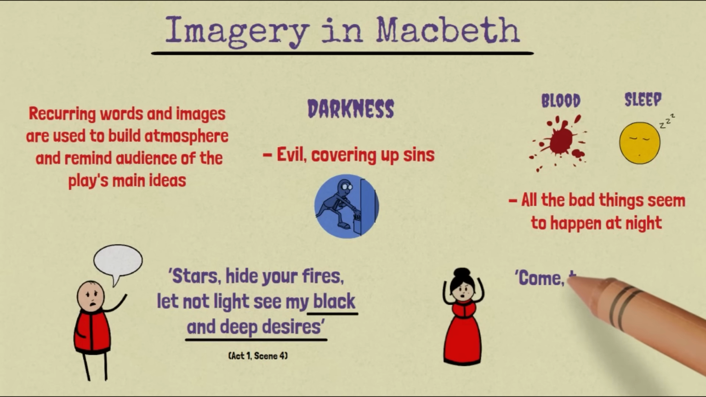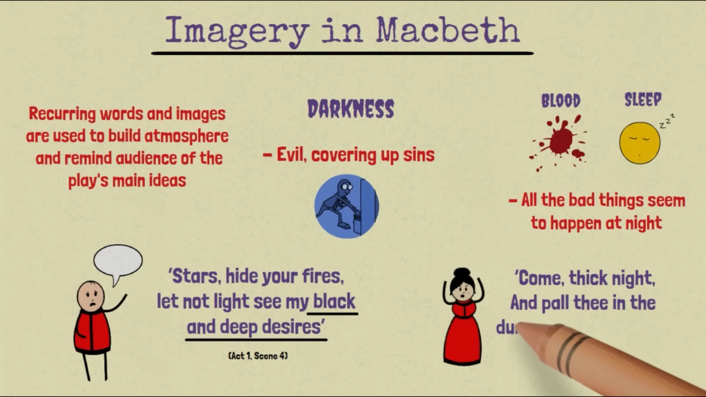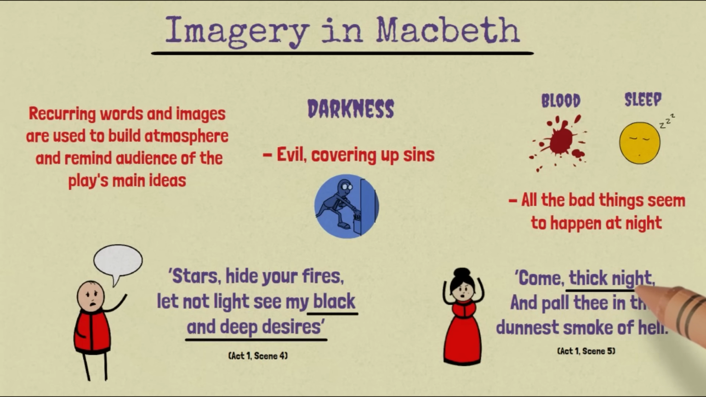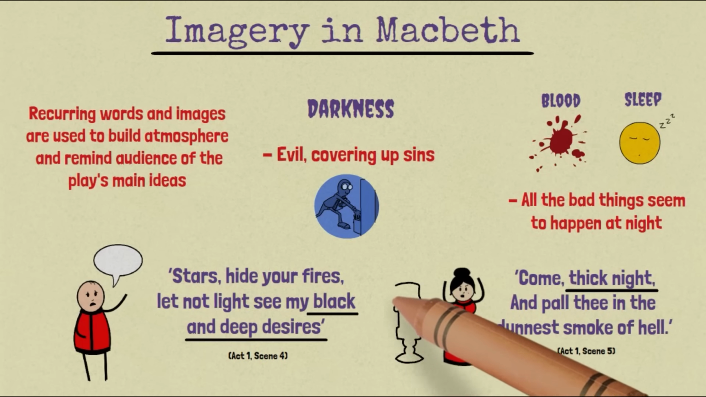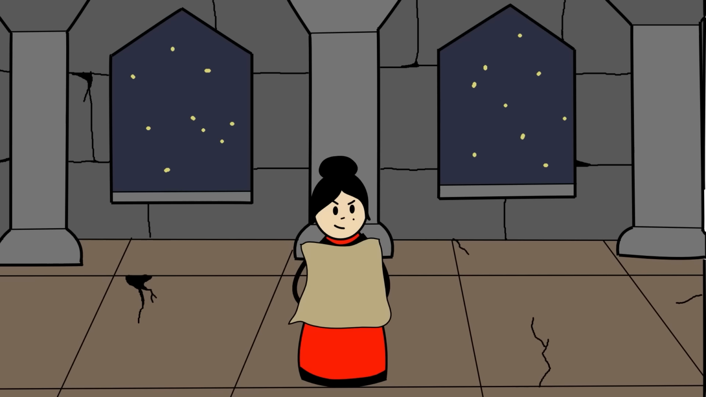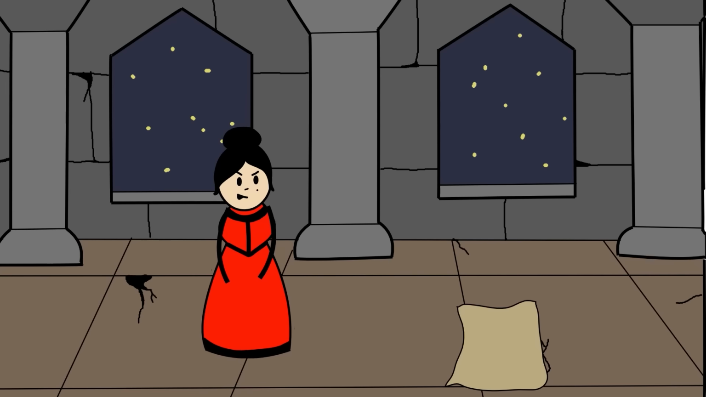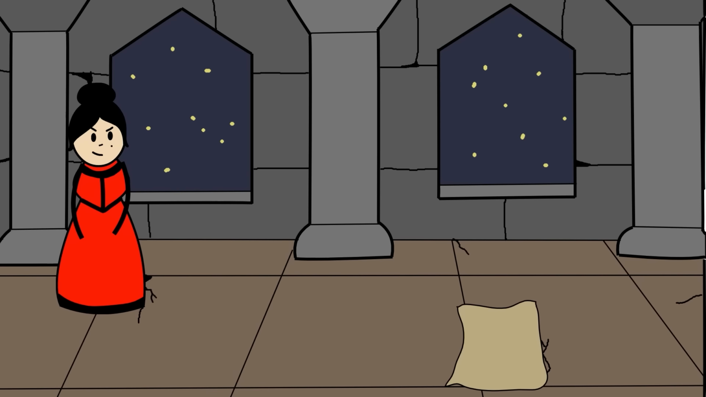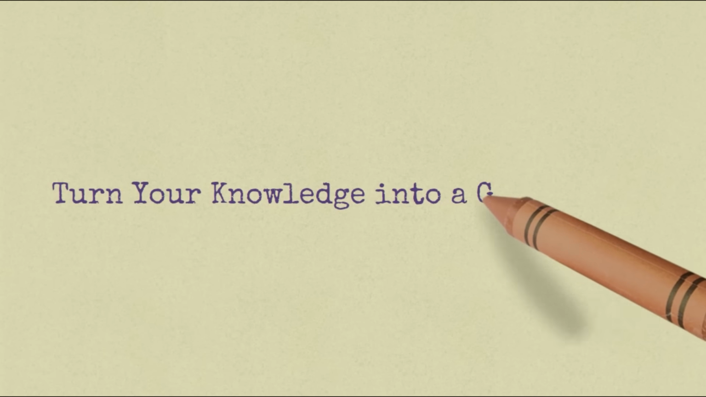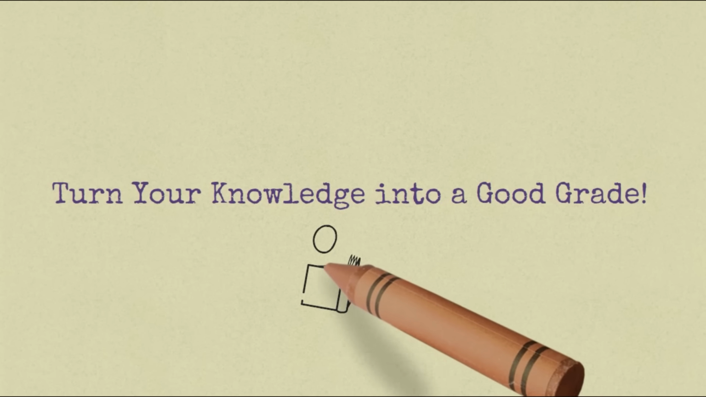His wife reacts similarly, saying, "Come thick night and pall thee in the dunnest smoke of hell." But later, when she has her mental breakdown, she insists that she has light near her at all times, because she is desperately clinging to any form of goodness to shield her from the dark and the evil actions she associates with it. So now that you know everything about Macbeth, here are my key tips to help you turn